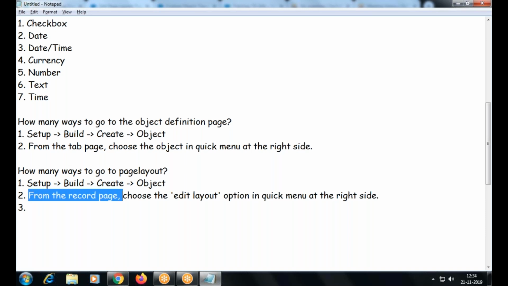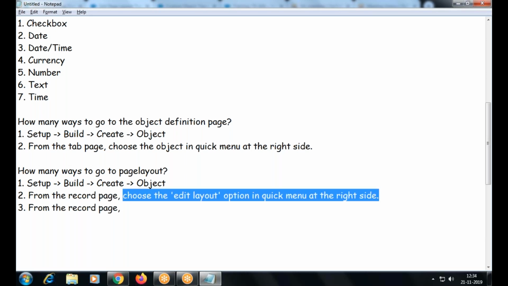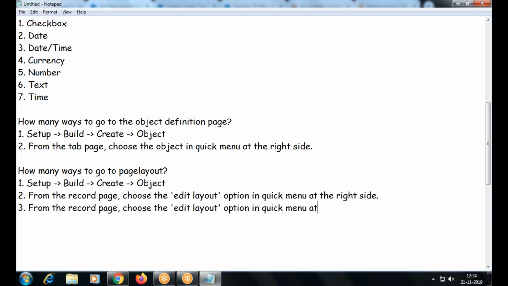From the record page, choose a link. What is a link? Standard link. That's all. These are the ways.